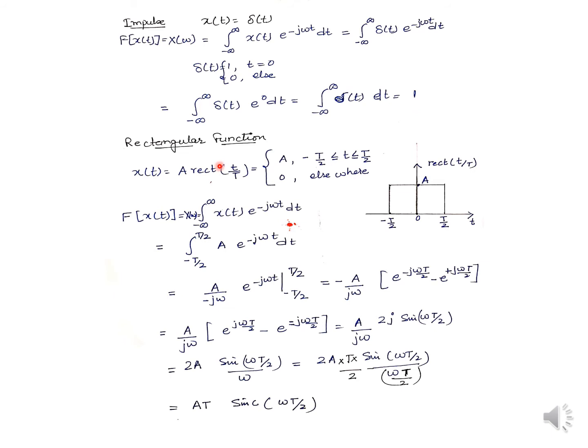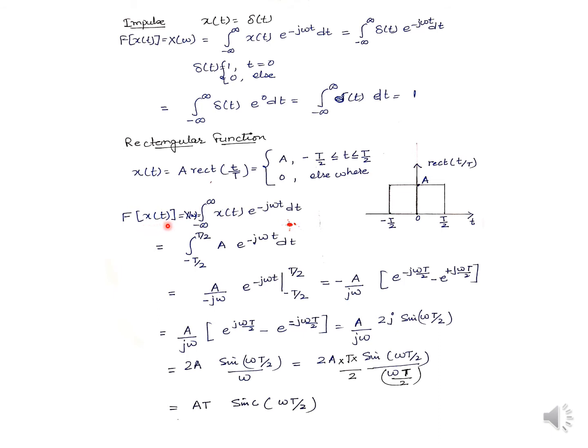Rectangular function. A generalized rectangular function with an amplitude a is defined as rect of t by T. We did this thing in the class, how we defined it. So t divided by capital T. Capital T decides the limit where this signal will exist. So half on the negative side and half on the positive side. So you can say from minus capital T by 2 to plus capital T by 2 it is equal to amplitude a, and at the remaining points this function is equal to 0.